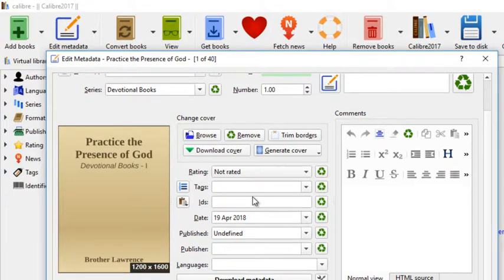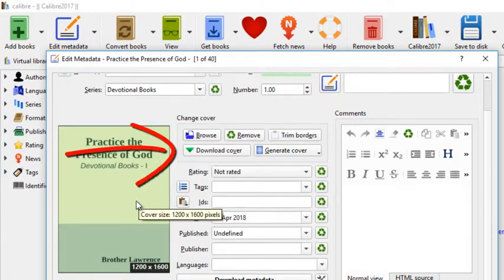If you don't like this cover, you can generate another cover. This color doesn't look very inviting, so I'll choose another one. This one looks a little bit better. If you don't like this simple cover, you can always download a cover from the net. You just click Download Cover,